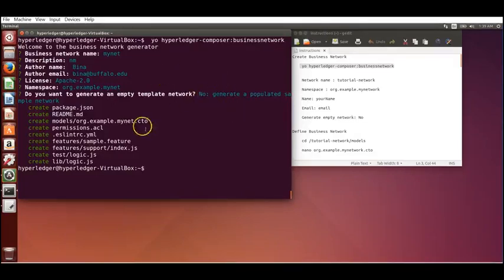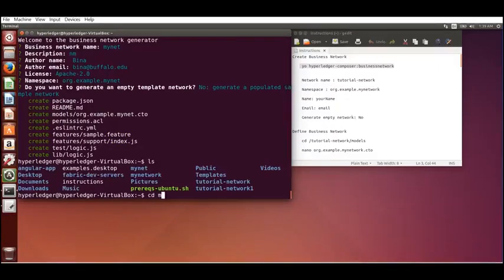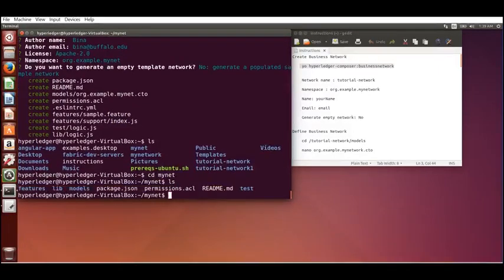In response, it creates a whole lot of files, and as you can see, these files should be available in mynet. This is the template that the Yeoman tool created according to the rules specified by the Hyperledger Composer business network.